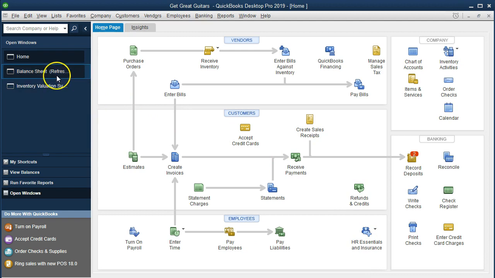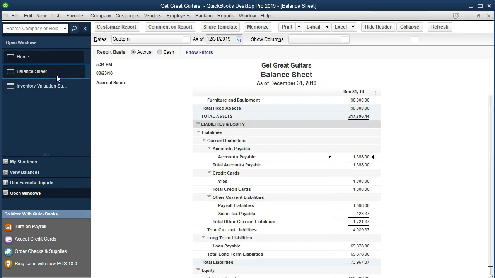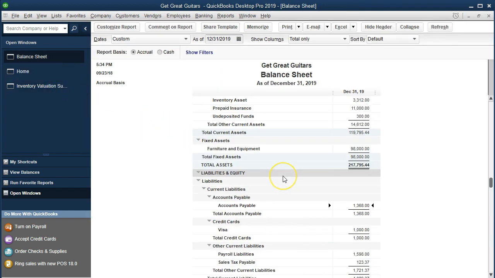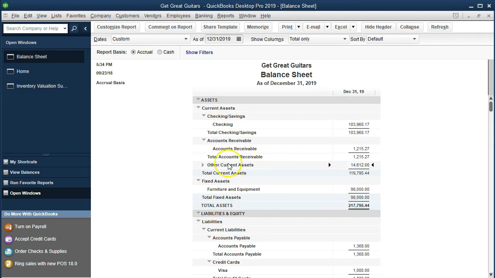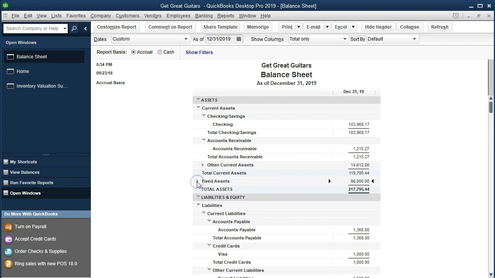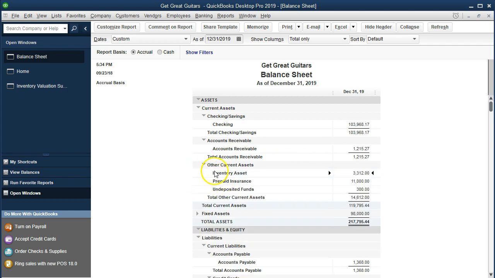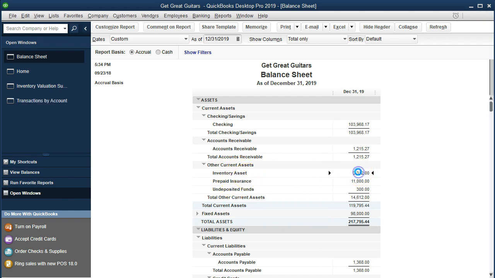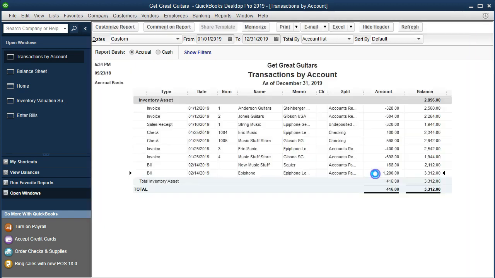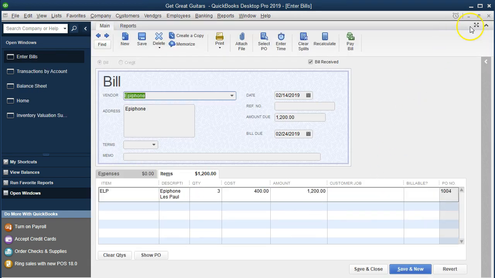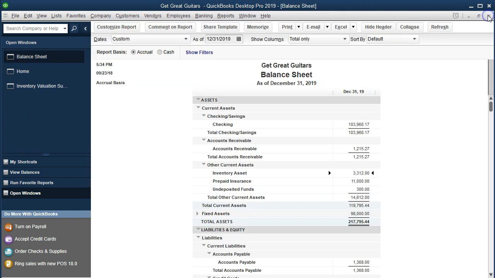We'll go back to the balance sheet in the open windows. And once again, if we go to the inventory up top, here's inventory. Oh, that's not inventory. I collapsed this thing. So we're going to go to the inventory up top, in other current assets, inventory asset. We're going to double click on that. And then we're going to say there's that 1,200. Double clicking on that, there's our bill. Closing this back out,